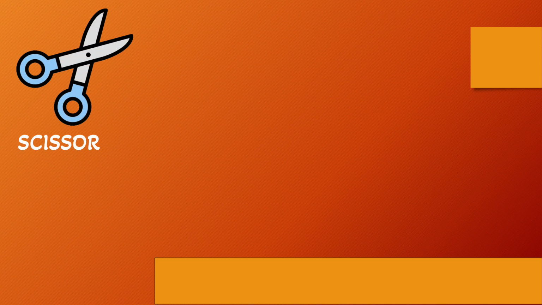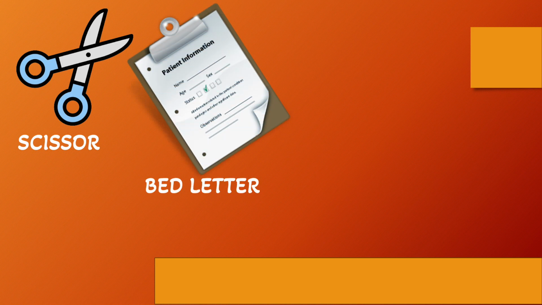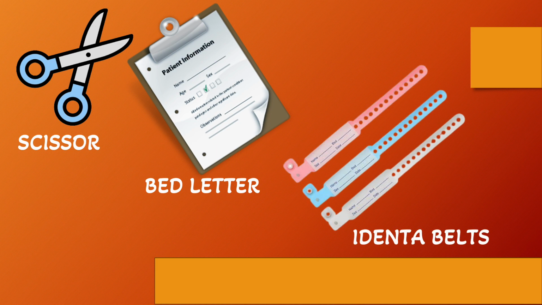The equipment that you will need throughout this procedure includes a scissor, which you will use to trim the edges of the belt so that you can prevent skin irritation and promote comfort on the patient. You will also need a bed letter, which you will use to compare or verify the patient's information with what the patient is verbalizing. You will thereafter need identa belts, which include the white identification belt, which is used to indicate